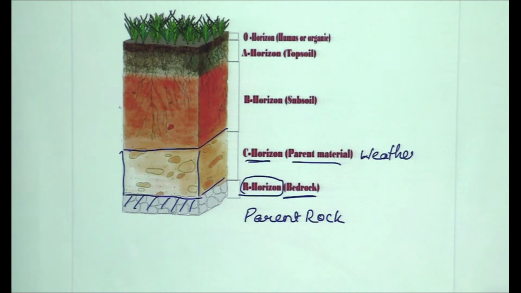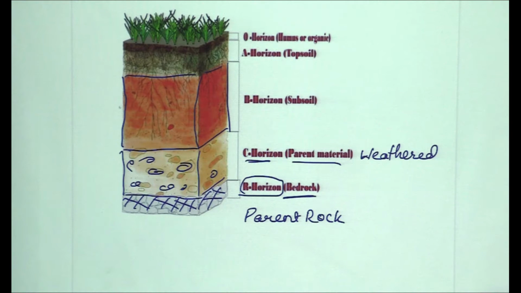So, fundamentally we take the distinction between parent rock or bedrock and C horizon is that parent rock is unweathered layer and this is weathered rock strata, genetic horizon C, and over it you have got the genetic horizon that is called B, subsoil. Subsoil can have some humus, but it is largely a mineral rich horizon, dominantly mineral rich, and over it you have got the horizon which is called genetic horizon A,